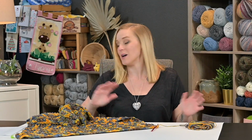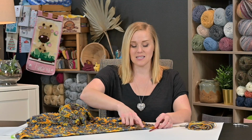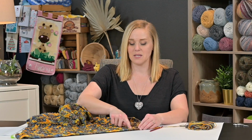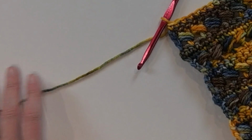You can continue on. But when you have reached the last row, I recommend the last row you stop at being the second single crochet increase row. So having a bead stitch and then single crochet, after that second single crochet row, then stop. That way it looks really clean and it's a nice stopping point. Okay, when you're all done,